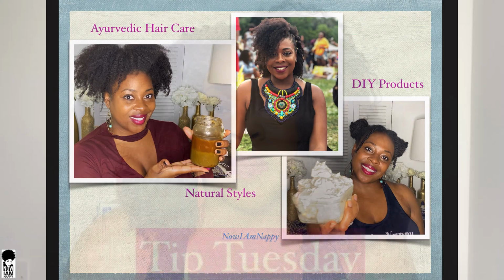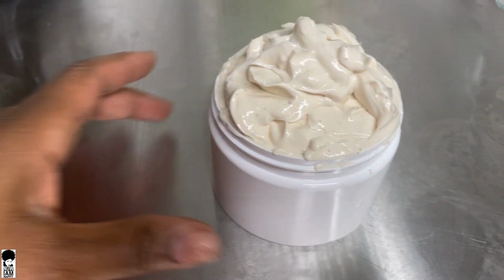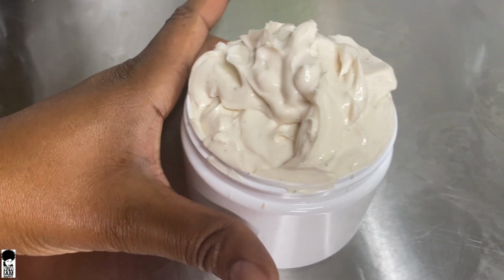Now this week we are going to be making a daily conditioner that is useful for rinsing out herbs in our hair. We know sometimes a lot of herb mixtures can get stuck up in our hair strands, and maybe we don't want to use our deep conditioner all the time or an expensive conditioner. So today we're going to make a daily conditioner that has a ton of slip and can help aid in